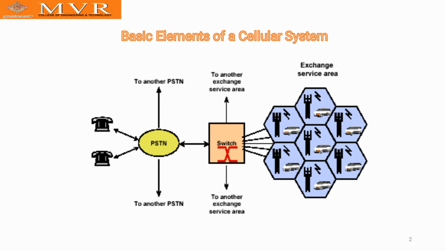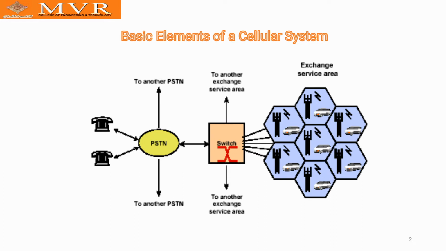In this, it has the elements of the cellular system, whatever will be involved, and we get the basic information about the performance by using PSTN. PSTN is nothing but public switching telephonic network. Here the public switching telephonic network involves the switch. If the switch is enabled, then the data or service or exchange area operation will be performed. If the switch is disabled, the exchange of services is not done. See the picture clearly.